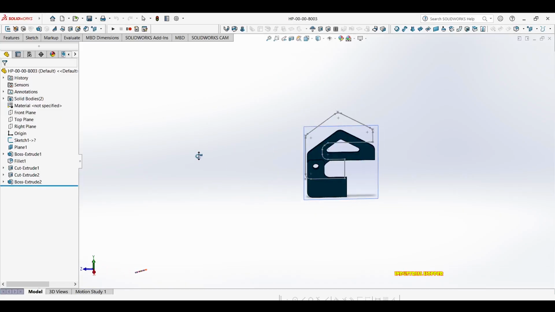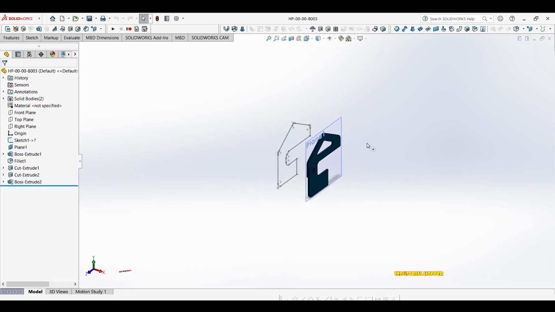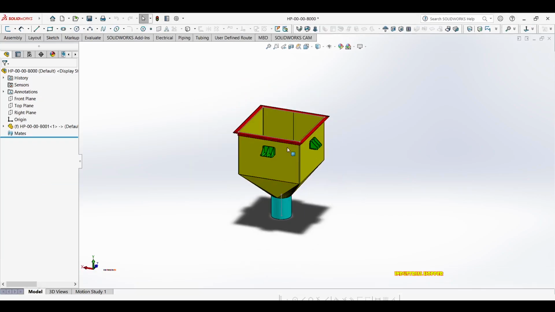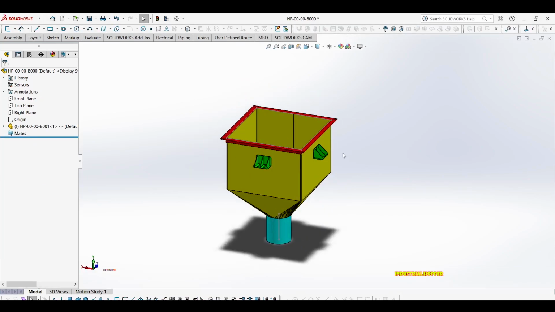It's still one part, still like that, right? So I'm gonna go back to our assembly, hold control and press tab. That's how you maneuver between the windows. So I'm gonna go to this one,